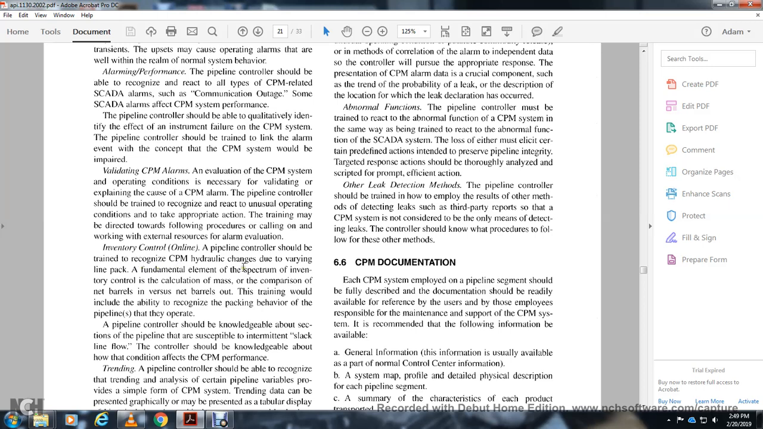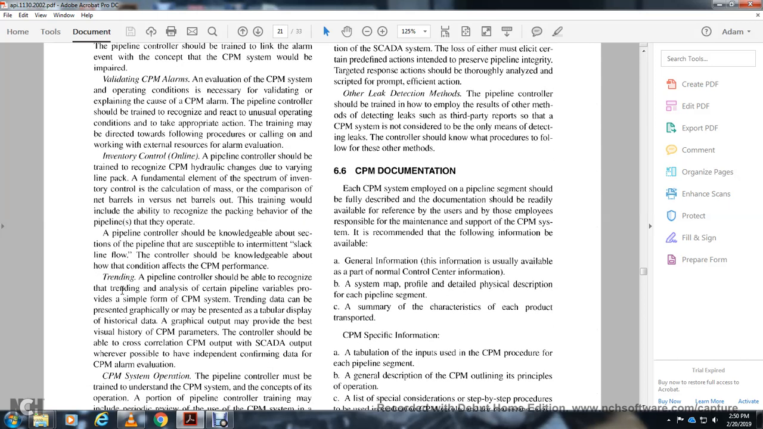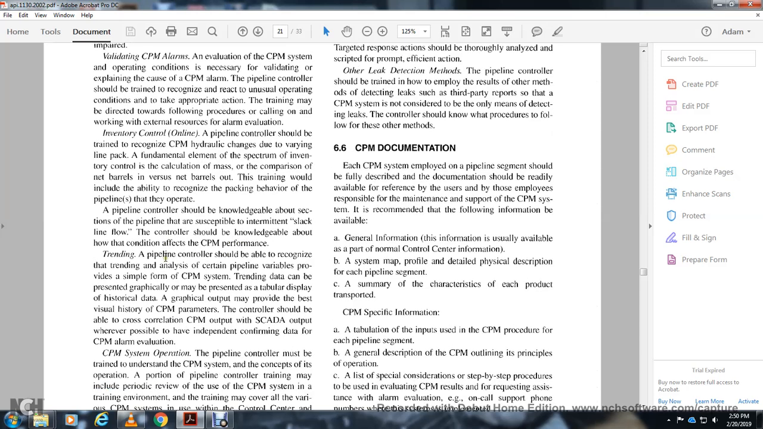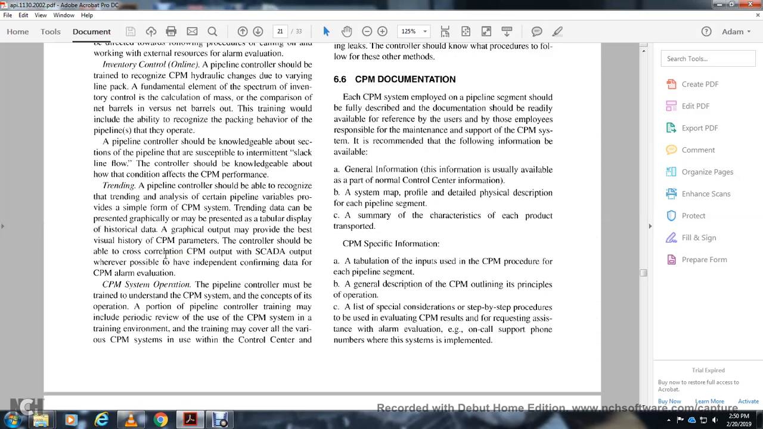line pack, the fundamentals of the inventory control, and the calculation of the mass comparison of net barrels in and net barrels out. The training would include the ability to recognize the packing behavior of the pipeline as it operates. The pipeline controller should be knowledgeable about sections of the pipeline suspected of intermittent slack line flow, and about how conditions affect CPM performance. Training of the pipeline controller should include the analysis of certain pipeline variables to provide a simple understanding of the CPM system with